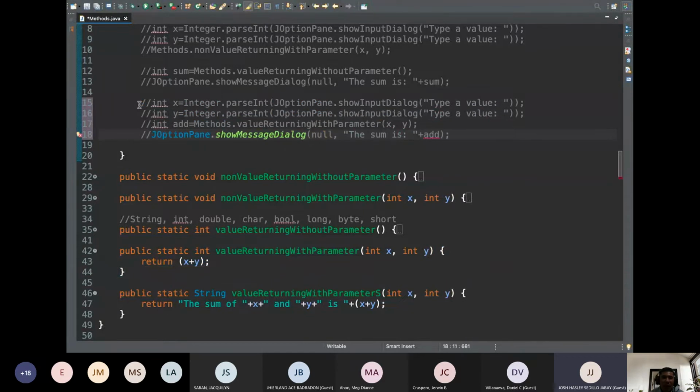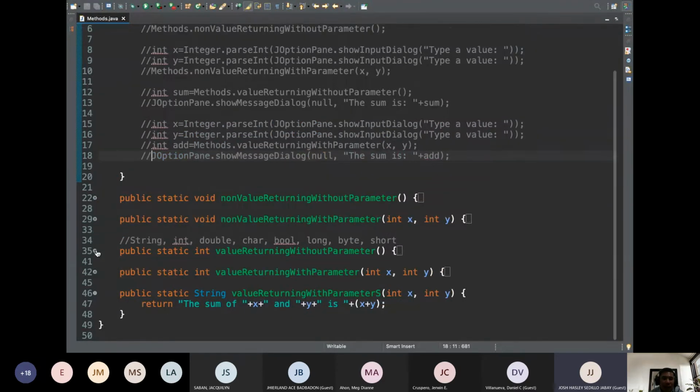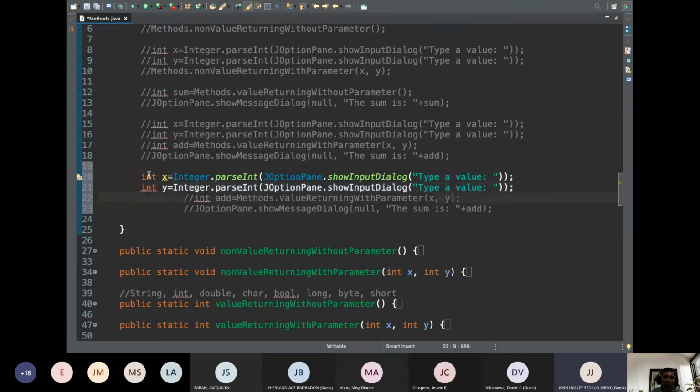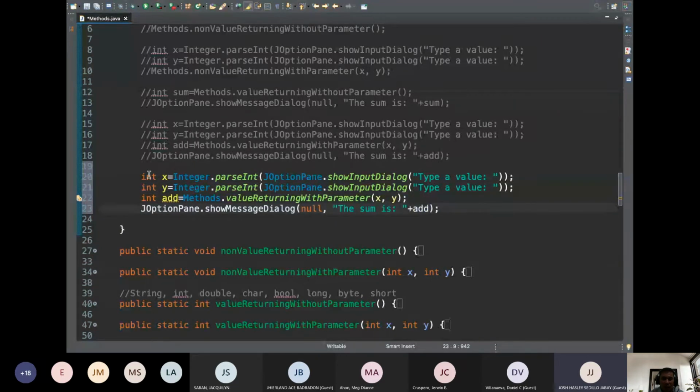But remember, this is something where what is returned is supposed to be an integer, which should be the same as this one. But instead, I used a string. Okay? This is still value returning with parameter but with s. So now, what you have to do with this one is this one. So int x, int y, and then let's say int add. Then instead of "the sum is", you can go directly to